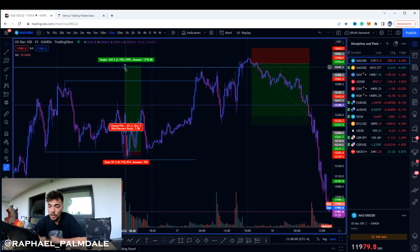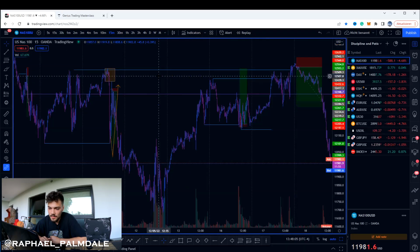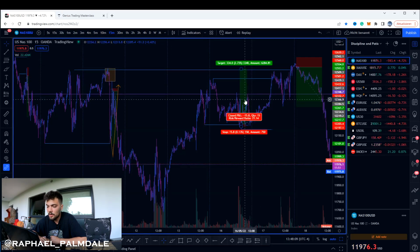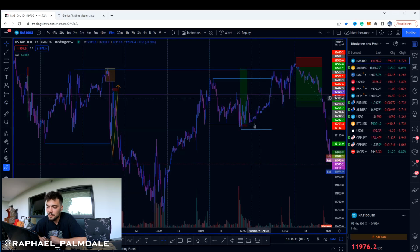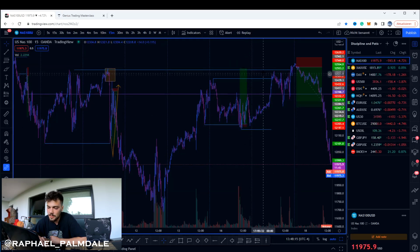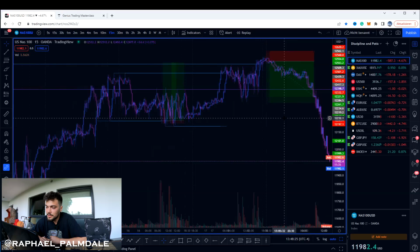But overall, my target was these equal highs, right? These equal highs in here. This was my main target on the buy side. I couldn't ride it out. I mean, the market was slashing back too many times, but I took some profits, as you know. But after I saw that we took out the double top and we got above